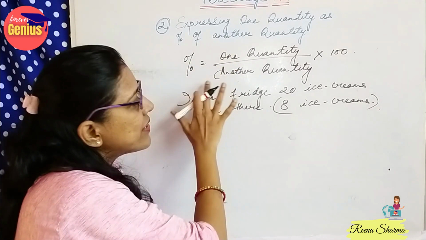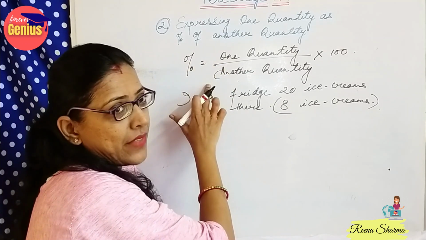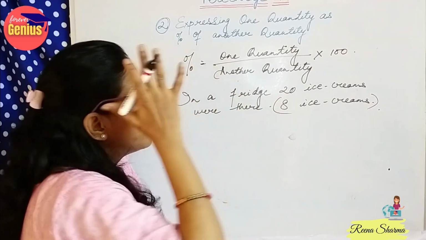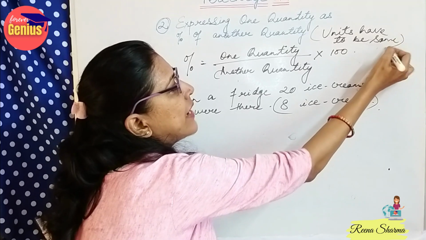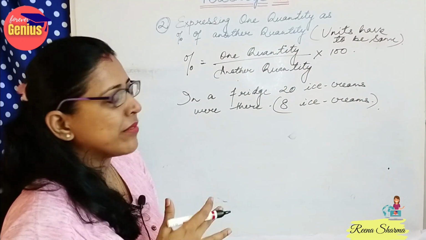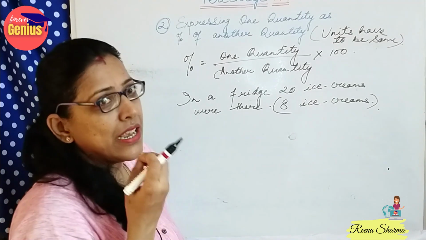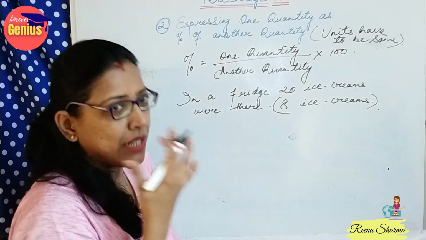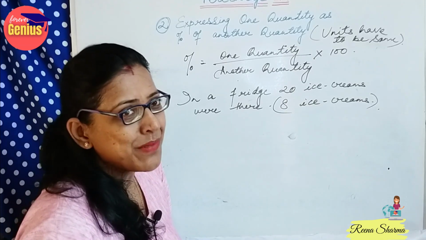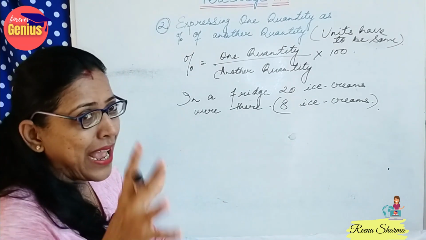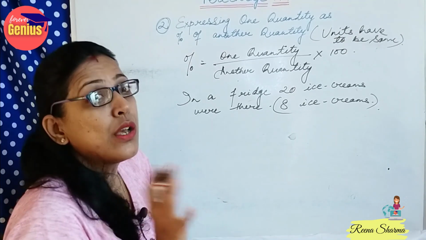One thing when we are doing these types of questions, when we are comparing one quantity with another and finding the ratio, the unit has to be the same. It means that if I am eating ice cream from the fridge, I cannot compare the quantity with apples which are kept in the fridge. So if I am eating ice cream, I will take the remaining and the total ice cream into consideration only. Is it possible that I eat ice cream and then calculate the apples and say, oh, there are still 20 apples in the fridge? So the comparison will be totally wrong.